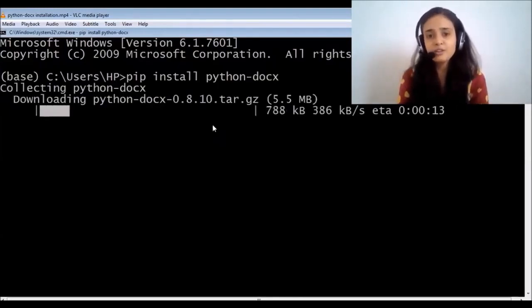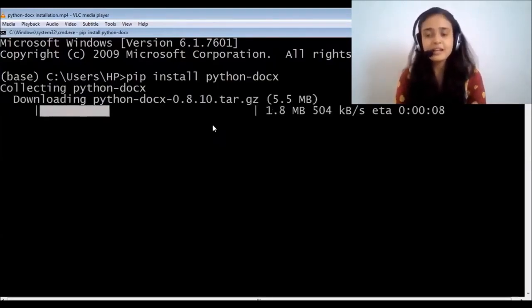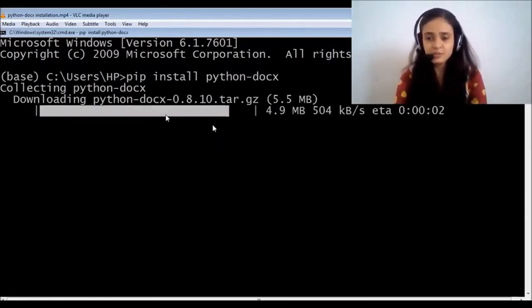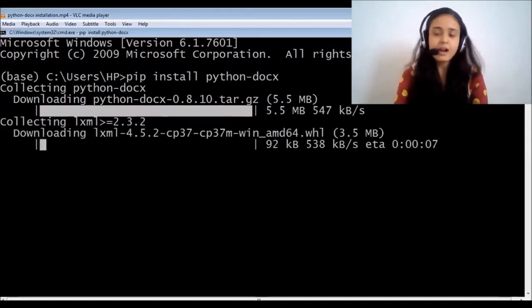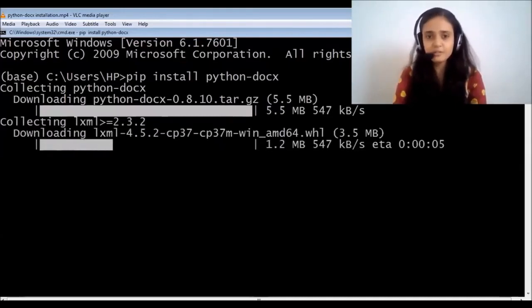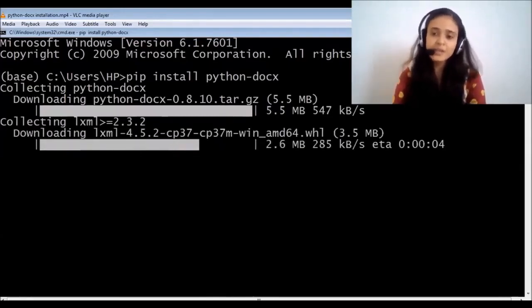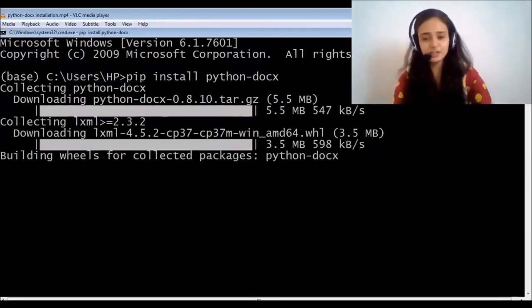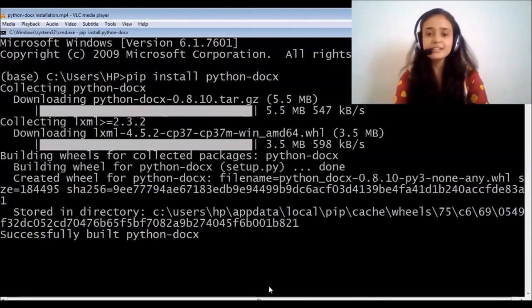Once you install such a library, in future you can use it multiple times. You have to wait for it to get downloaded and installed in your Anaconda configuration. After the successful installation, we will start with our Python code.